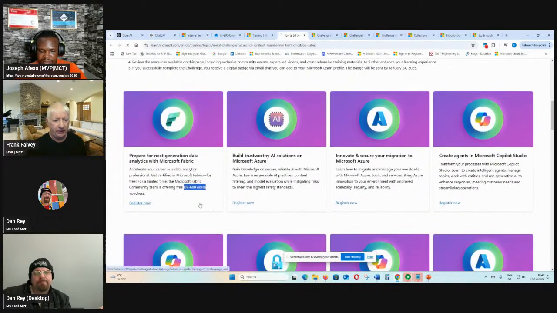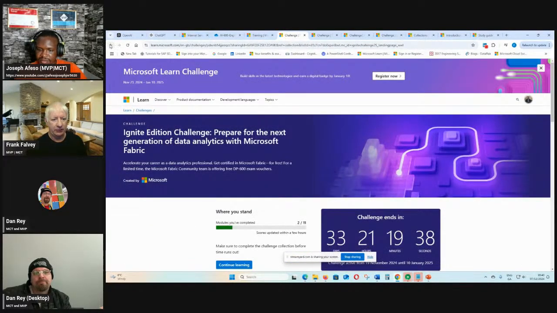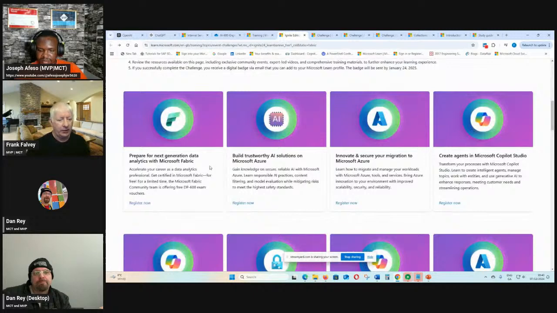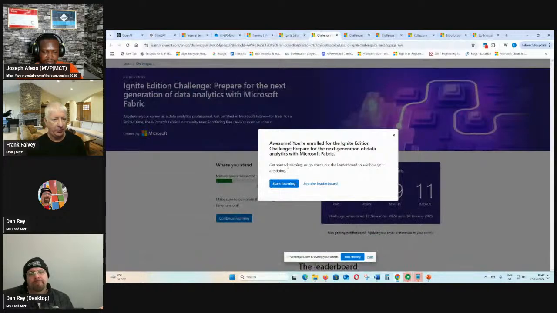If you see down here on this one, prepare for next generation data analytics with Microsoft Fabric. Microsoft Fabric is kind of the new thing out there at the moment, and there's a free exam voucher. So if you complete this one, I'll just show you. When you click on that, this will come up here. Awesome, you've been enrolled. So you click on Start Learning,